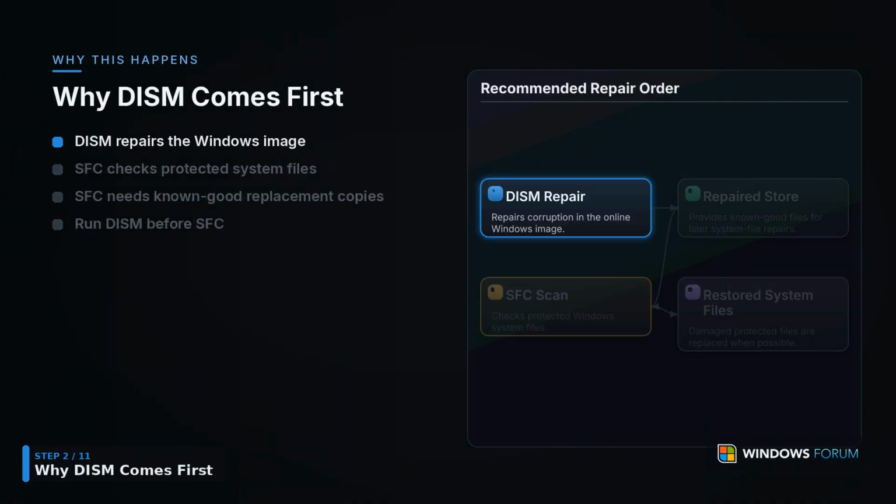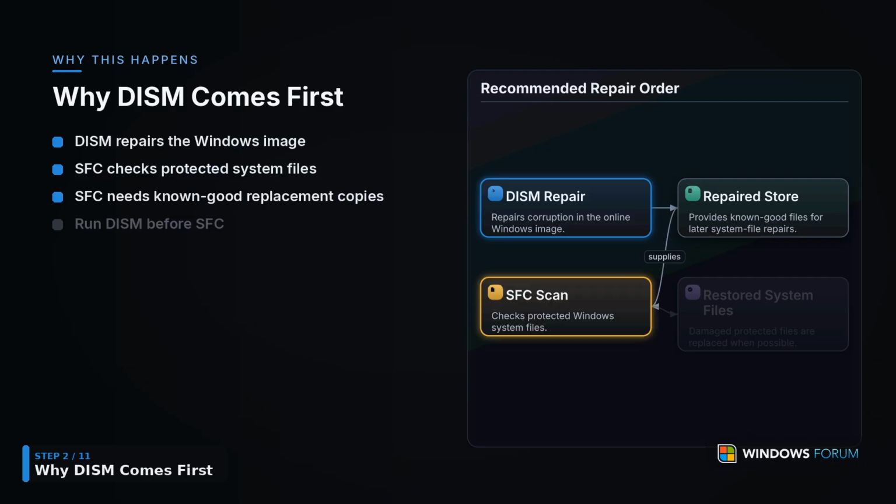The order of these tools matters. DISM works on the Windows image and repairs the component store, while System File Checker inspects protected Windows system files. When SFC finds an incorrect, modified, missing, or corrupted file, it needs a known good replacement from that store. Running DISM first gives SFC a repaired source to work from, and reduces the chance that SFC will be unable